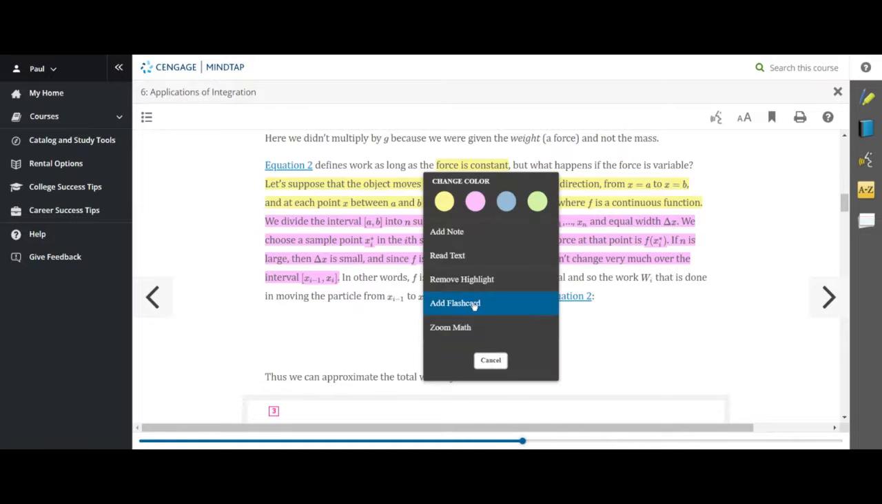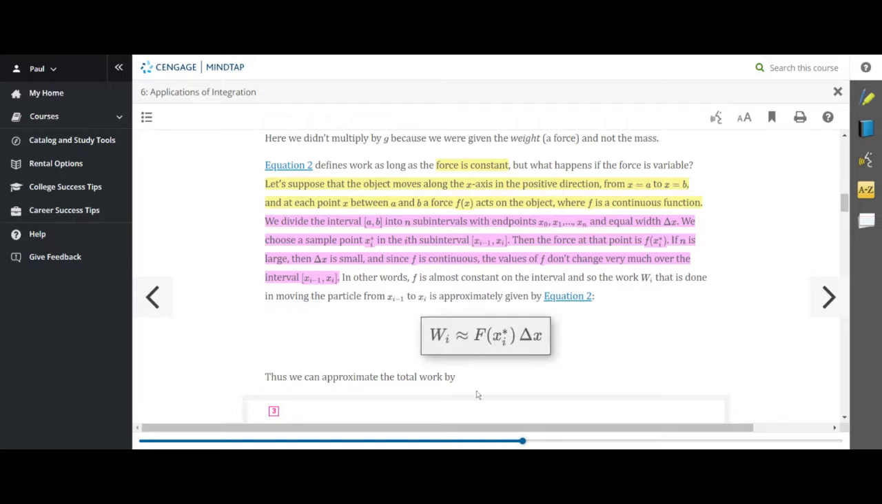The work on the ith subinterval would be equal to the force times the distance over that subinterval, which is approximately the force evaluated at x sub i, which is a point on that little tiny subinterval. We take the force and multiply it by delta x, which is the distance that the object moved on that subinterval. So this w sub i is the work done in moving the particle along one